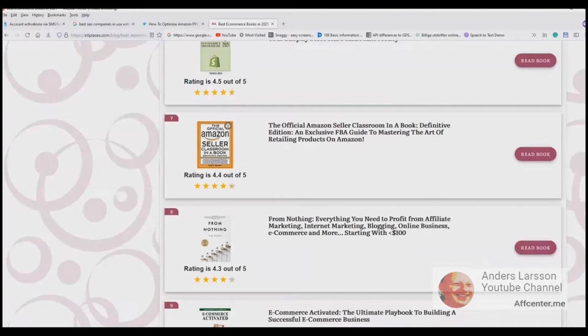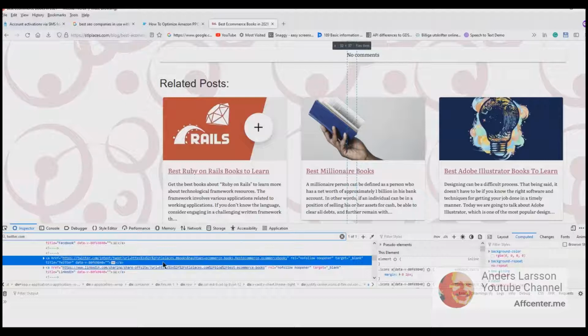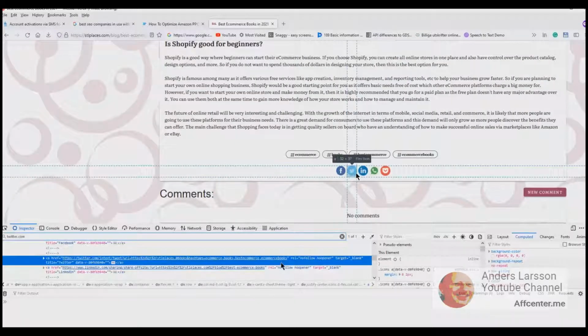Now let's check out the next link, and I'm trying to find the Twitter link here. So they don't list it in the footer. So let's use the inspector tool. Holding the mouse over the inspector tool, we can see some information of the element here, and it gives an indication that this element is higher up on the page. So I have to scroll up in order to find it, and now we find it. So this is a blog, and this text is a blog post. What the author wants is for you to share this blog on your Twitter account.